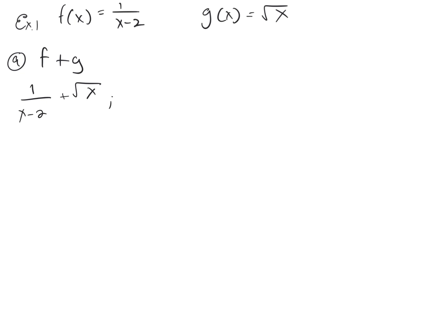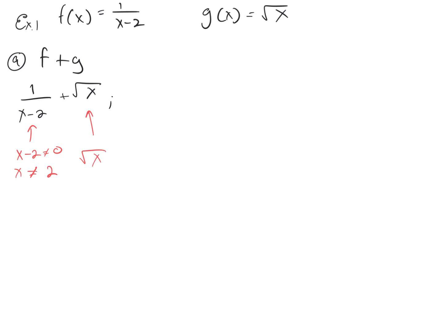And so we're going to look at the domain. How do we figure out the domain? The domain is going to be, again, stuff that cannot happen. So we set that bottom part equal to 0. It can't equal 0, so our x cannot equal 2. And then we look at the square root of x. We know x cannot be less